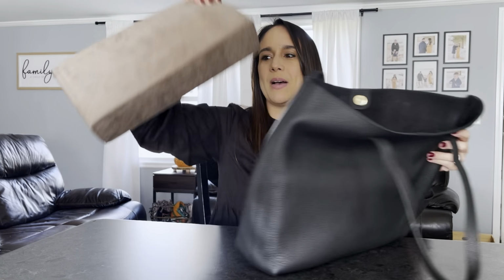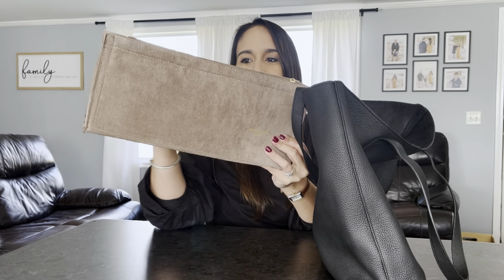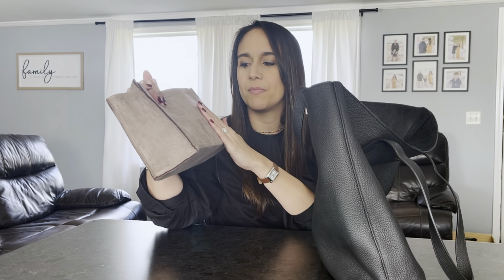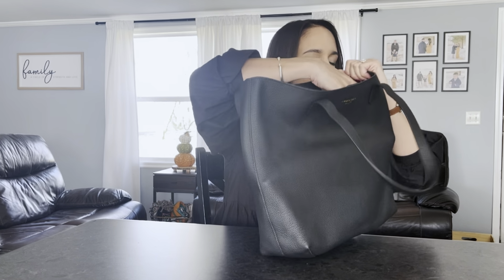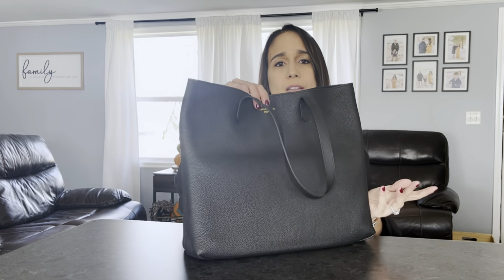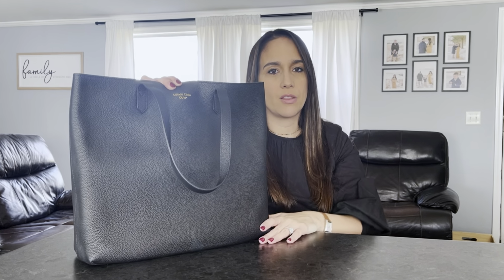And the best part about this is that it comes with its own organizer that is also from Dress Up Your Purse in this beautiful velvety, smooth felt. And yeah, it just helps the bag give it some structure. I really use this for all day. This is a really great everyday bag, and I'll use this if I'm going to the library, if I'm carrying something heavy, if I want to run out with the boys and I don't want to take the full-blown